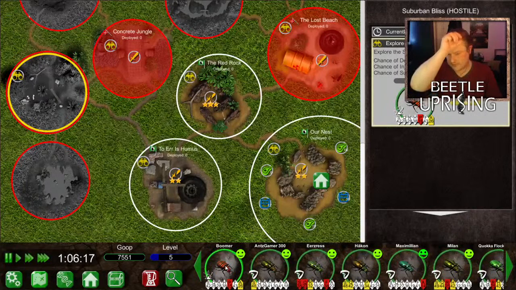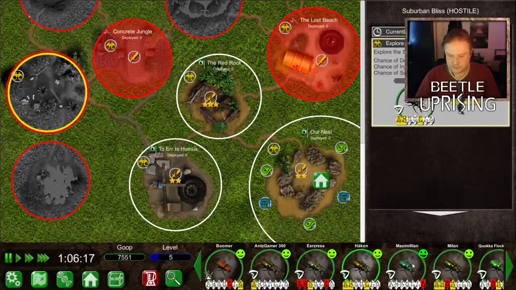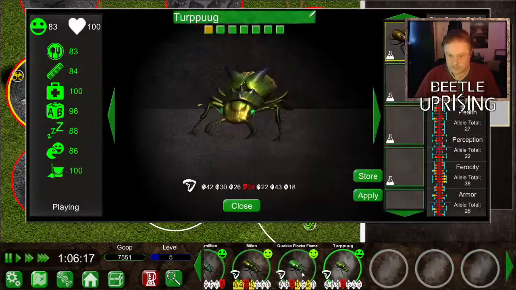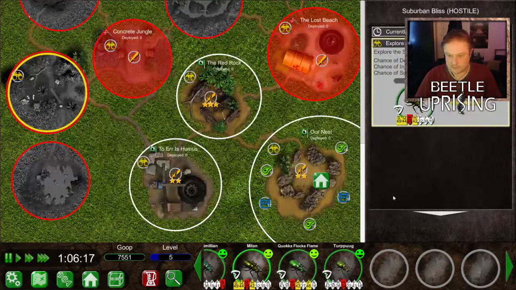Boomer is not a great beetle. We might be next for the juicer, I don't know. Although Easerest, which is a starting beetle, I kind of want to keep hold of it for now. Milan's pretty good. 52%. I think it's going to have to be Milan attempting this time, but maybe...